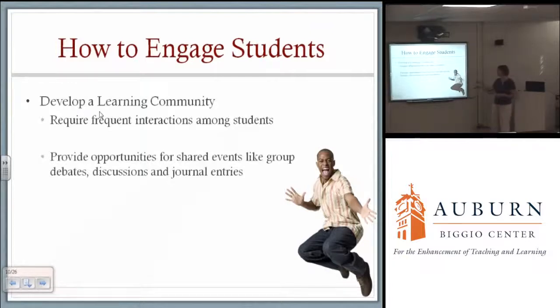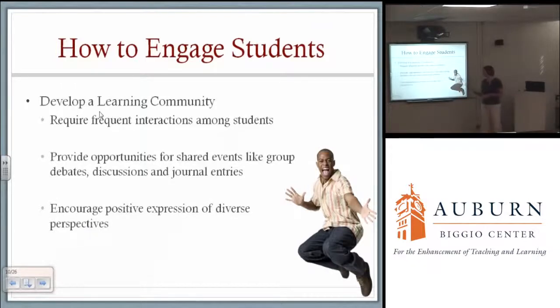So, like I said, provide opportunities for debates, discussion, and even journal entries for how the class is going that they can just send directly to you that says, I'm having trouble with this, those kinds of things. And encourage positive expressions of diverse perspectives. The key is to facilitate that and to appreciate that, and then also there are opportunities at that point for somebody to be rogue and be negative. You have to say any disagreements have to be constructive, and there are guidelines which I will require you to adhere to. And if anything is noticed outside those guidelines, you can immediately be removed from the class